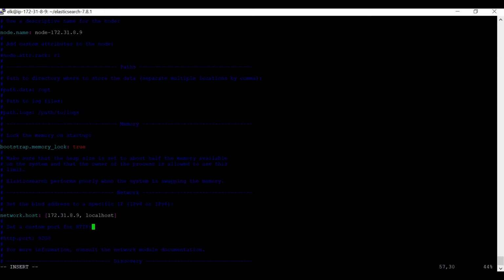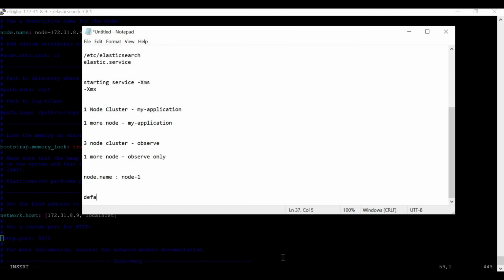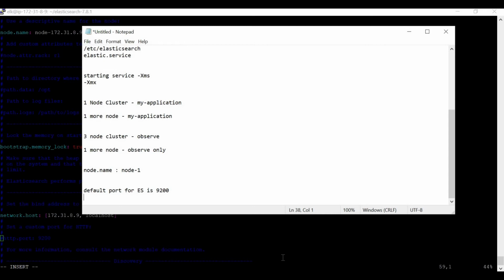Port, by default, is 9200. That is the default port for Elasticsearch. One more port is there that is not configurable, that is port number 9300.